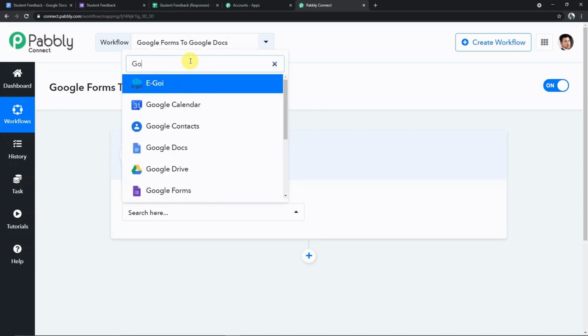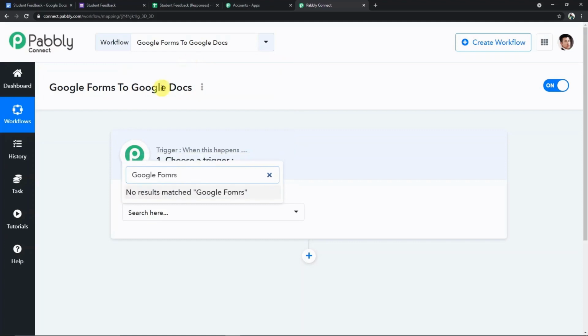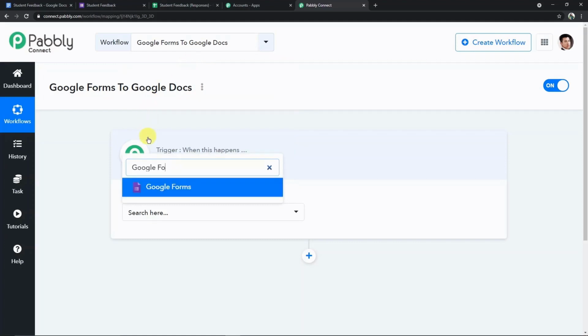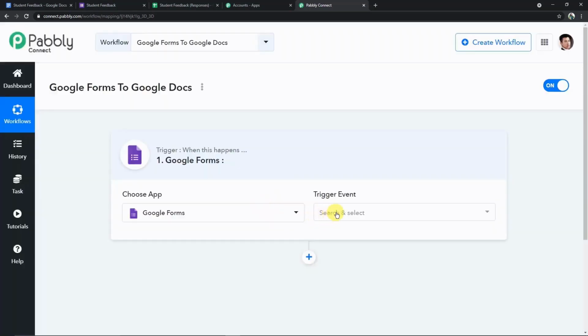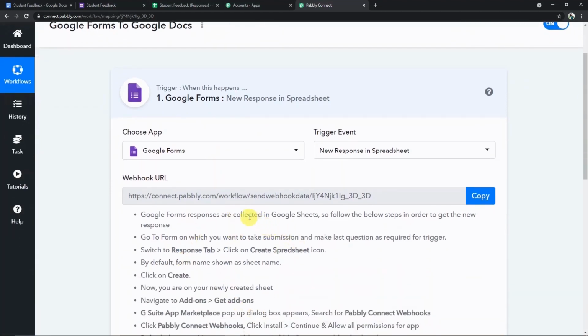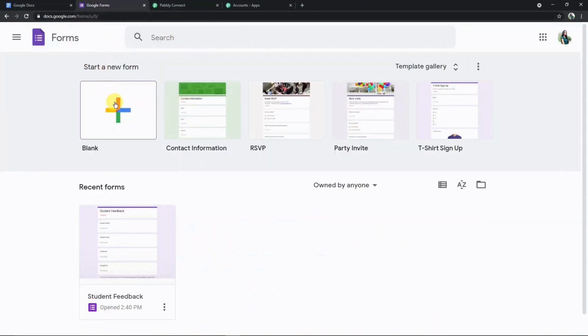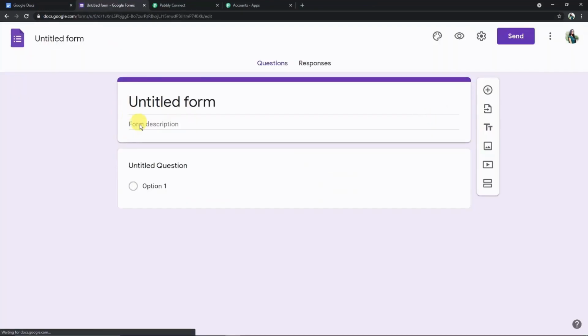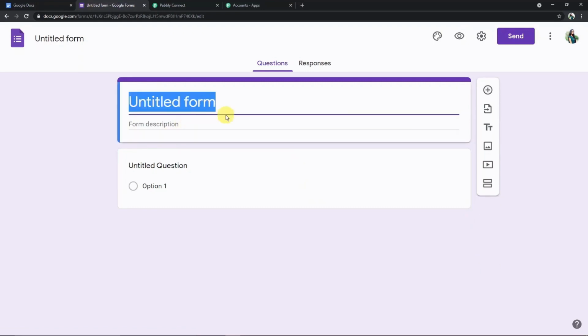Okay, so here I'm going to choose Google Forms. Okay, so Google Forms, and here you have to choose a trigger event. I'm choosing this. Now we have got the webhook URL. Now we just have to follow these steps and get connected to Google Forms. So I'm just going back to Google Forms. Okay, so this is my Google form and here I'm creating a new form. Okay, I'm titling it as Academy